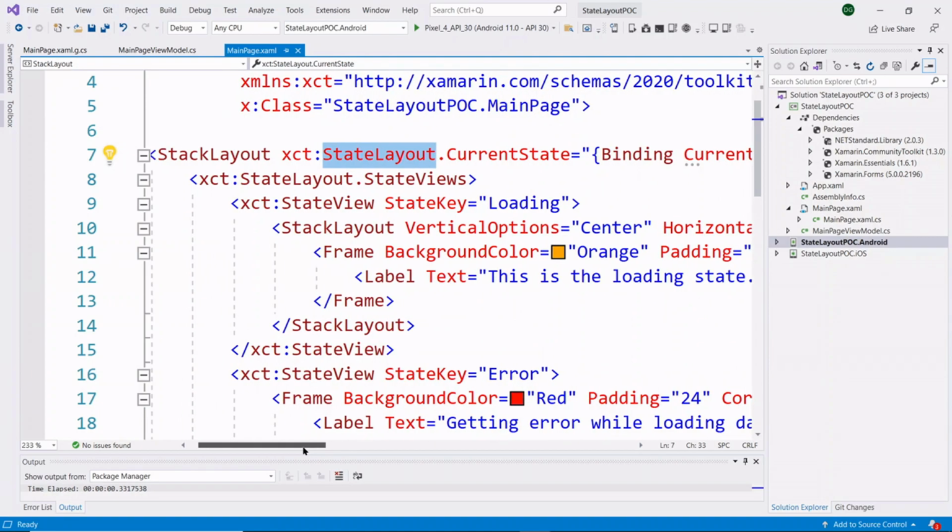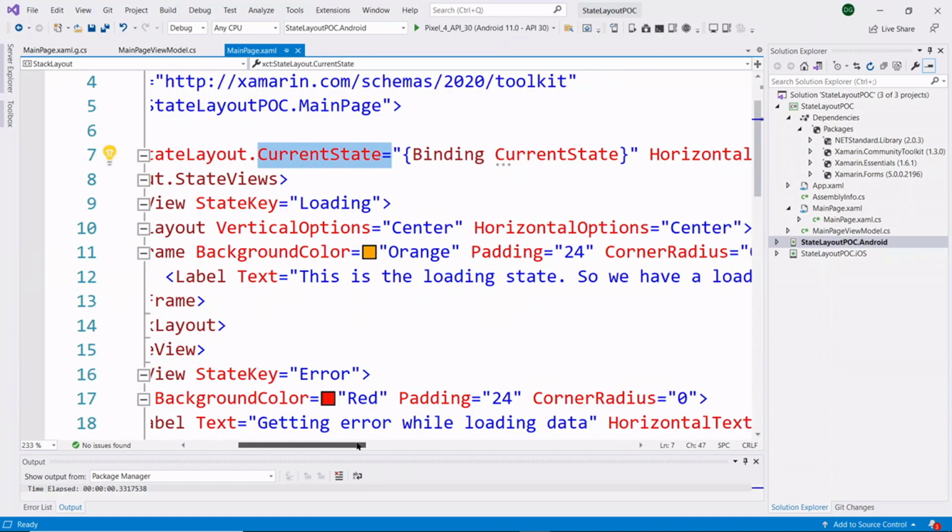Our first step is we need to add state layout to our stack layout. Here you can see that with the help of the Xamarin Community Toolkit namespace, we are retrieving the state layout. Then after, from the state layout, we need to add the current state property to the stack layout. Here you can see that I am setting a bindable property to the current state.